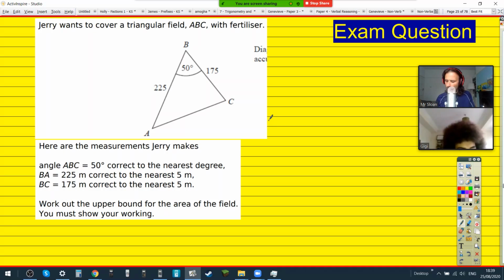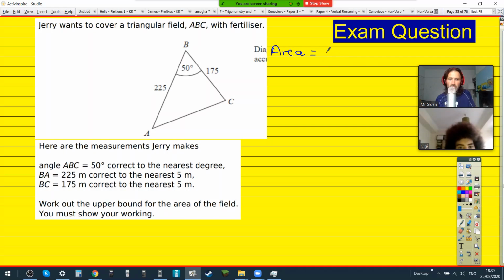BC is 175 meters. So we need to find angle ABC. If angle B is 50, angle A and C would be